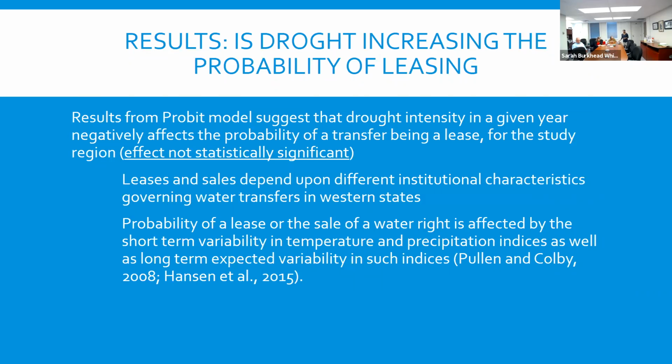I think what they were trying to point out is that some states have different institutional structures, so California might support a sale of a water right, while Texas may not support sales. Texas might only want leasing of water rights. So if you do not put this institutional structure in the model, your results may not be very specific. Maybe my paper is suffering from that, and I put down limitations here.